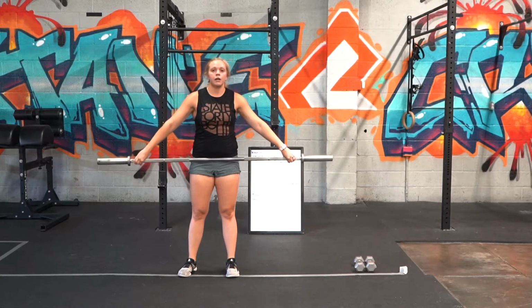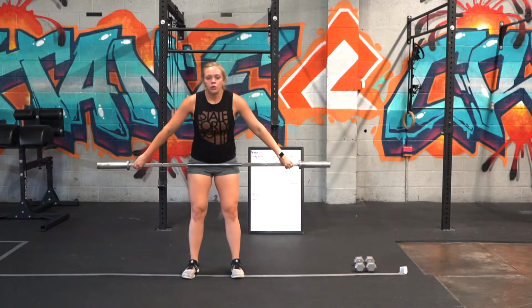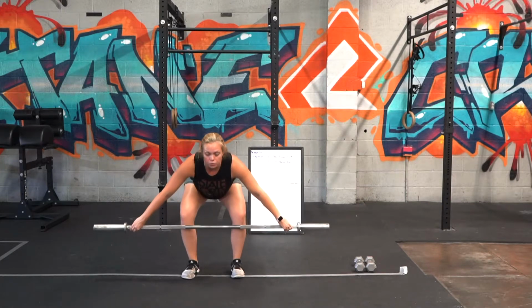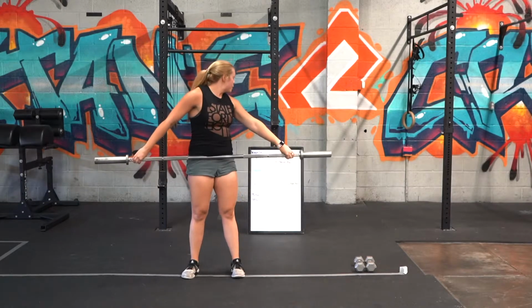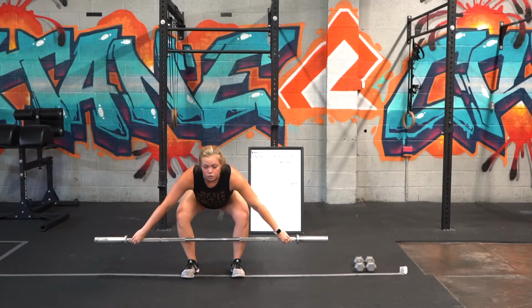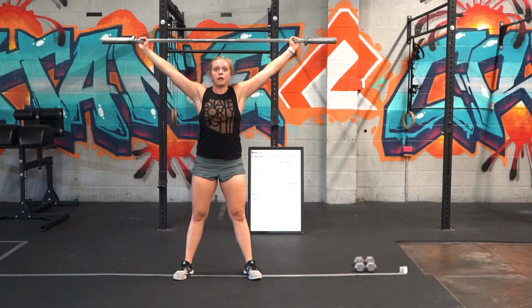That means that you're in your hip pocket. So we're going to go into a snatch high pull. You're going to push those feet through the floor and pull that bar up towards your ribs. Then you're going to go immediately into a power snatch. So bring that bar back down to the ground, up, catch in that power stance, and you can stand it